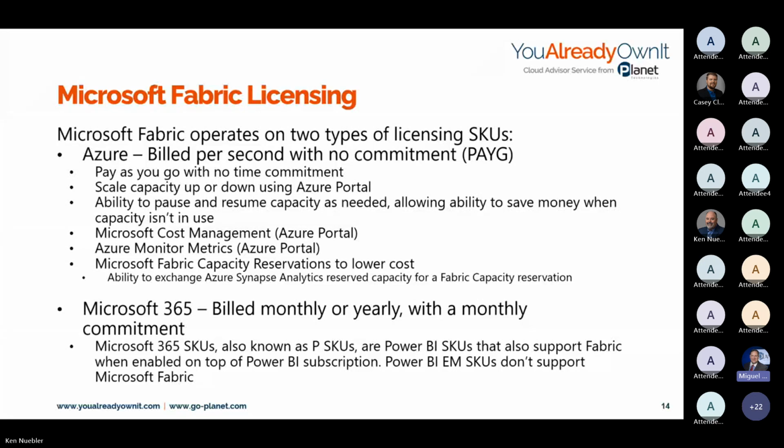All right, so how do I purchase these quote unquote capacities, these capacity units, this licensing? There's two ways of looking at it. Typically the kicker here is going to be the SKU, or the pay-as-you-go, which is the Azure model. Basically at that point, I'm paying for capacity, but I'm paying for it as I go, just like I would anything else. Think of that as cores. And so there's no time commitment. You can scale it up and down through the Azure portal.